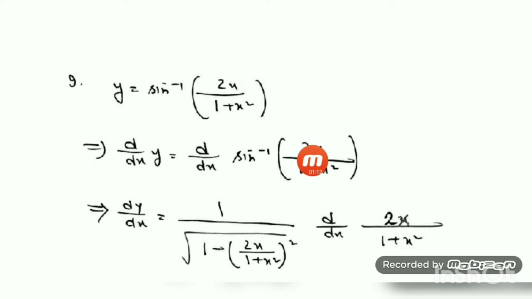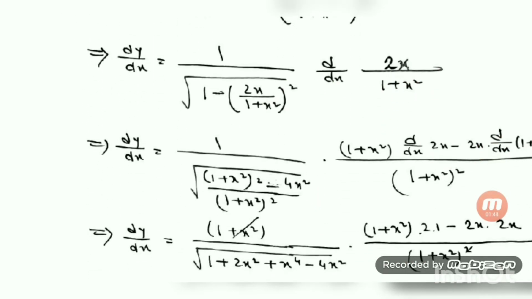The derivative of sine inverse of x is 1 by under root 1 plus x square. So you'll have here 1 by under root, sorry, not 1 plus, 1 minus x square. So 1 minus, what is your x? Twice x by 1 plus x square, whole square. Okay, and as this is actually not x, you have to think of it as x. So you have to take the derivative of this expression again. That is d/dx of twice x by 1 plus x square, which you have supposed as x. Hope you understand. I have used the same rule here.